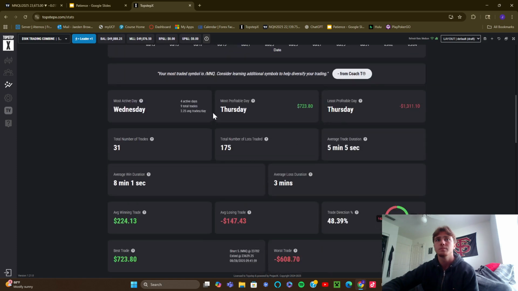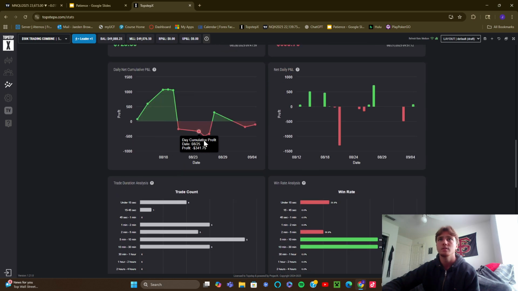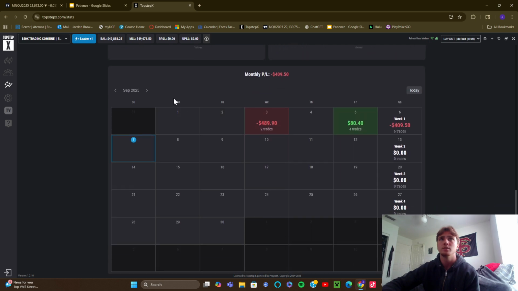So that's really it. I just want these numbers to be double or triple, or about double. Like this should be 1,000, or this should be the average trade right here. This is me probably risking $500. And this is what I want to see more too. More trades like this, and more trades like this. Yeah, that's the P&L for the month.